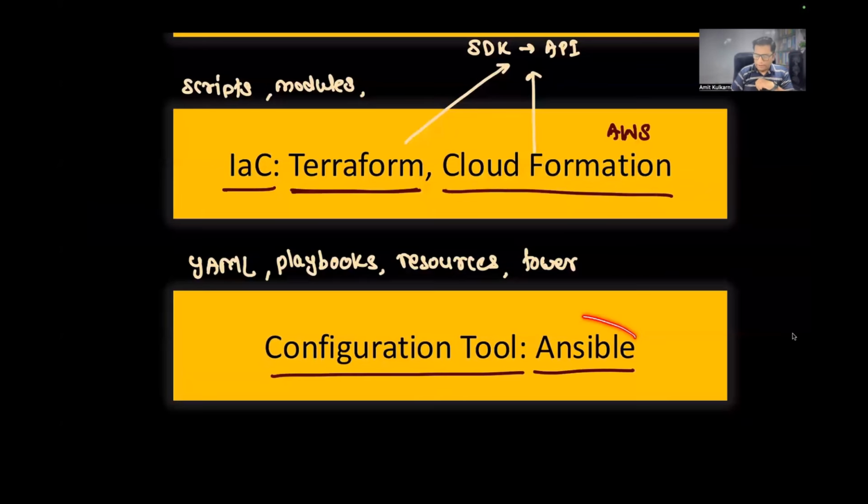So it's a very small part, Ansible, which is used for configuring the entire project. When I say configuration, that means here you are creating the infrastructure using this or that, and here you are configuring those resources. For example, a virtual machine called EC2 will be created by using Terraform, and it will be configured by using Ansible. That's the kind of job these two tools have. So this is infrastructure creation and this is infrastructure configuration. That's why it is known as a configuration tool.